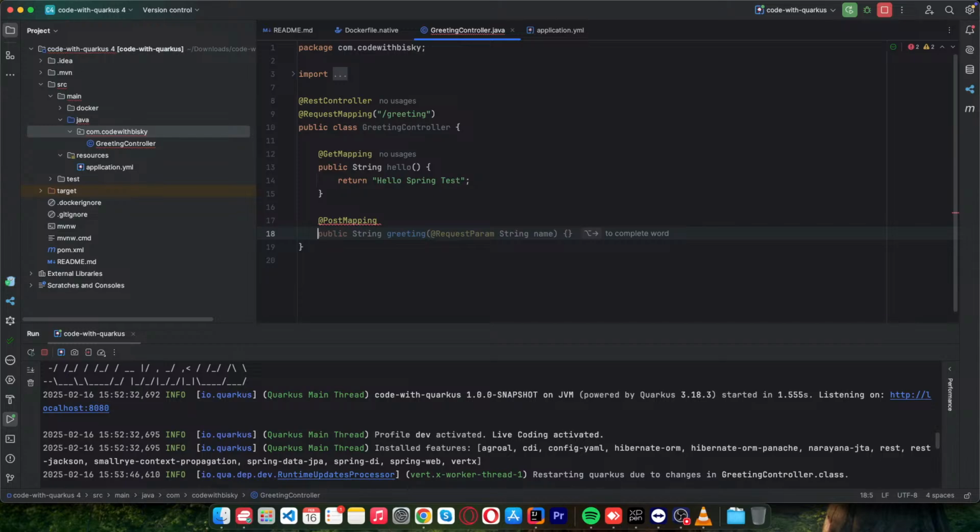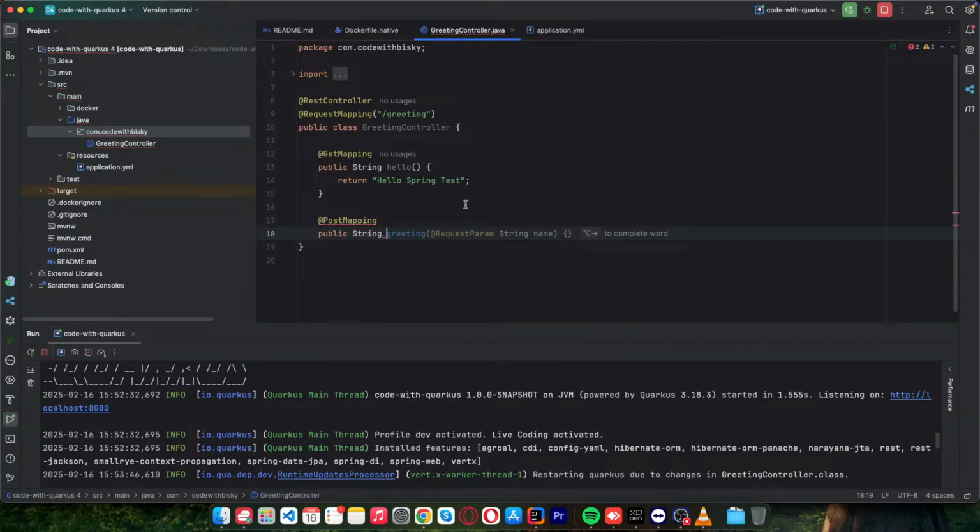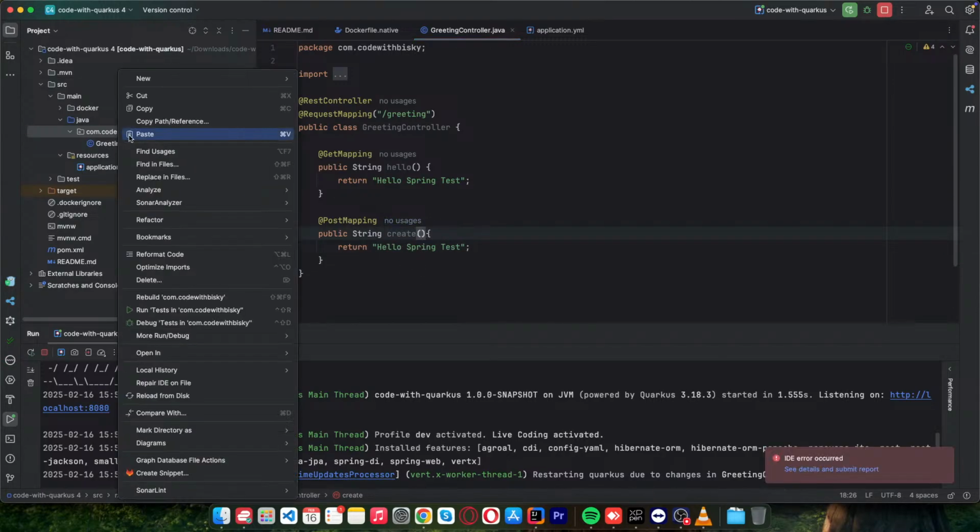Let's do an example, and I can just say public string create. If you are creating a new object, you use post mapping. Then I'll just say hello test. But when creating an object, you need to send a request body here. To send a request body, let's just create a